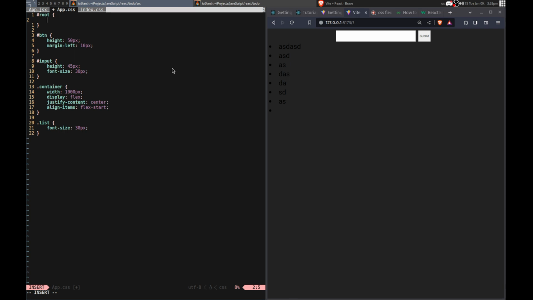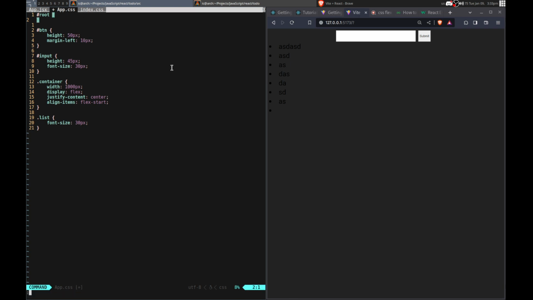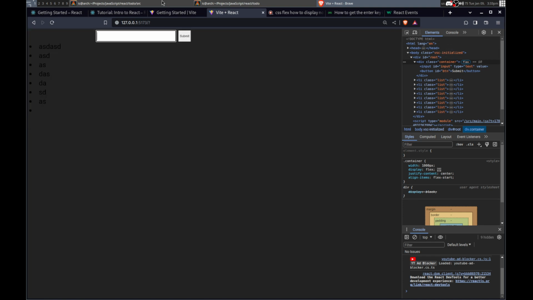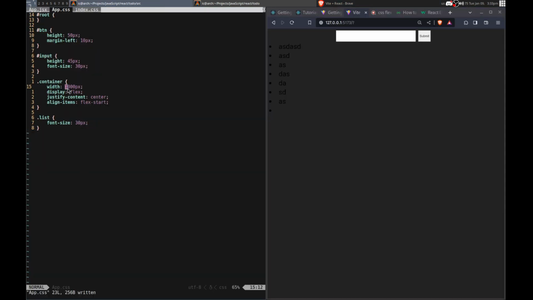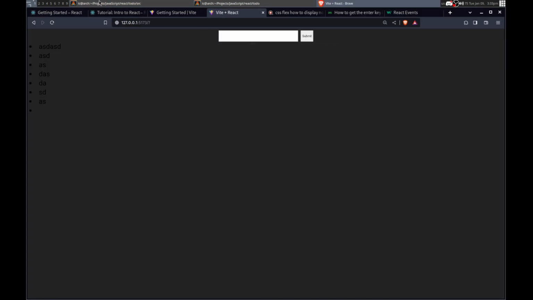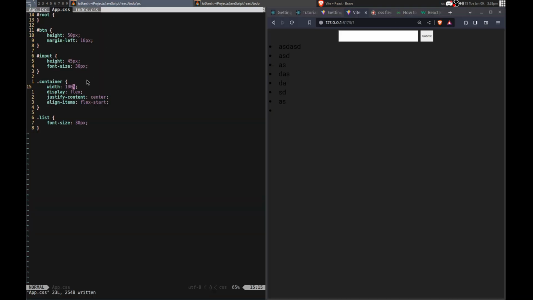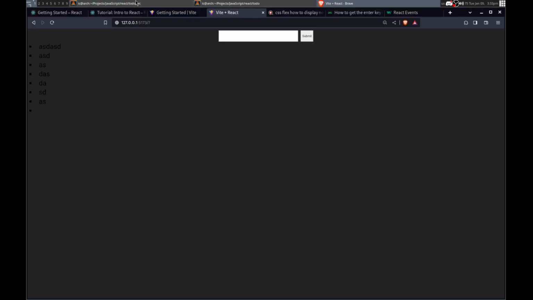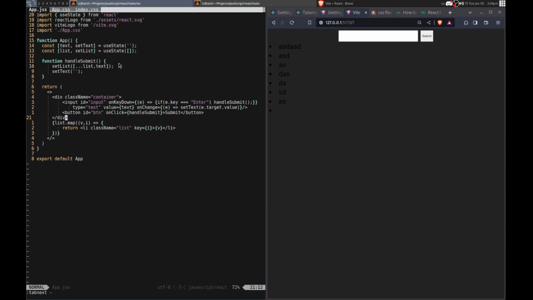So, exactly. I want this width to be 100%. There we go. So that's better. And then I want to send in this as well, but in a different div.